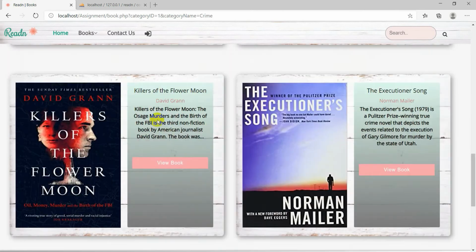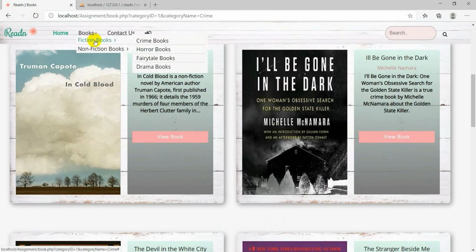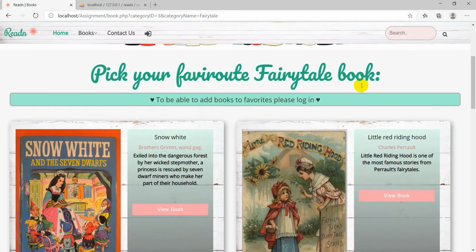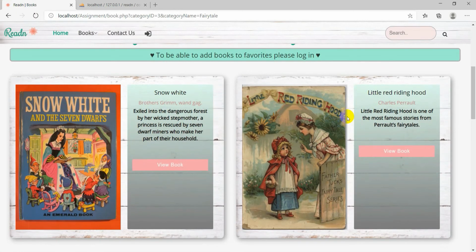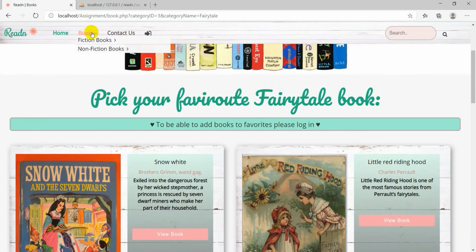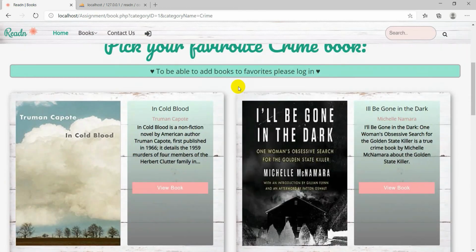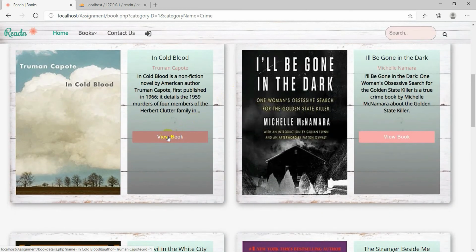So now we can go and choose another category, for example, fairy tale books. We will see that the design and the layout of the website remained the same, but the content dynamically changed. That change of the content happened due to the fact that the data is retrieved from the database with the help of PHP. So now if we go back to crime books and pick a book to read,